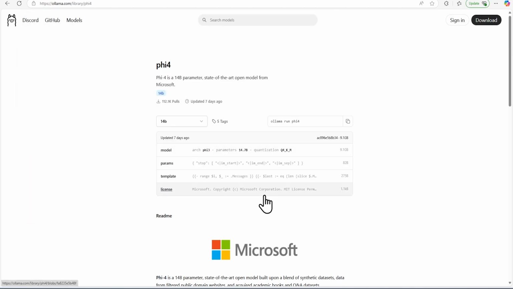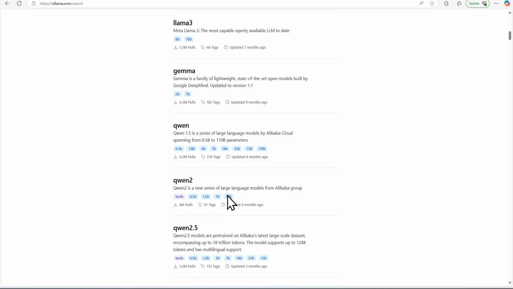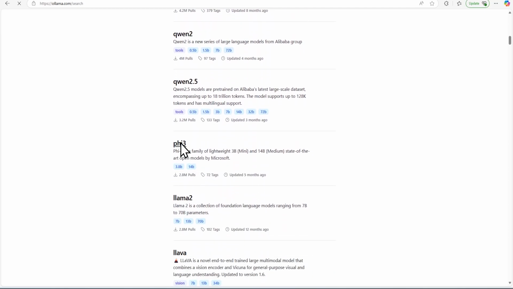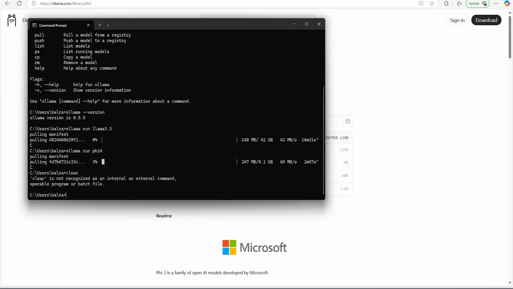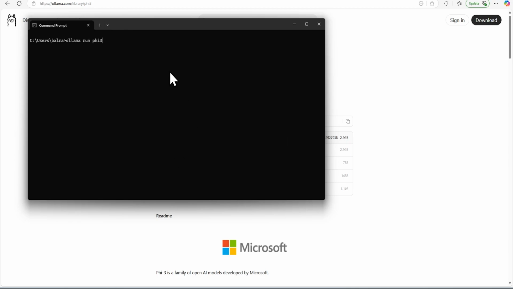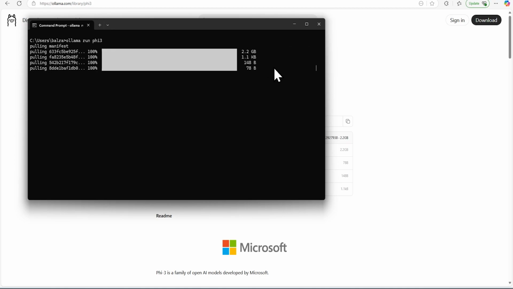If you want to cancel this one and go for a smaller model, let's see that Phi 3 is here. So we can go for Phi 3, and I can clear this screen and then go for Phi 3. Phi 3 is much smaller with a 2.2 GB download. So it is very fast for download purposes.